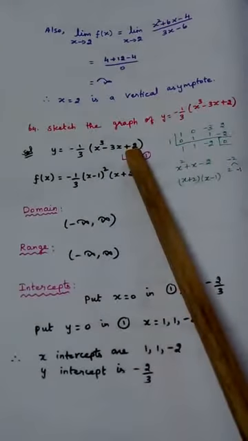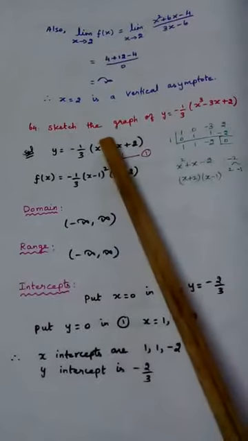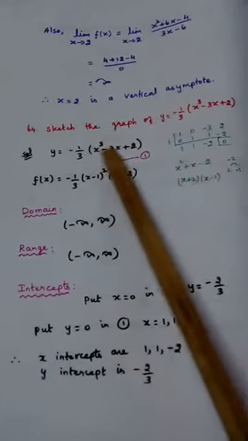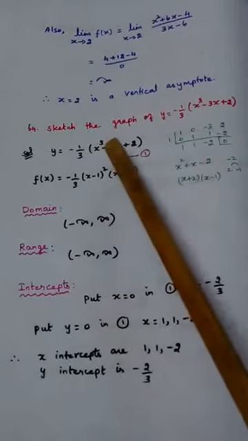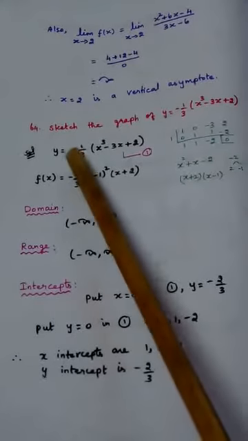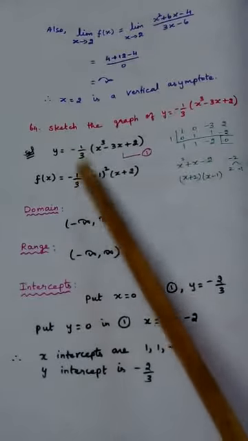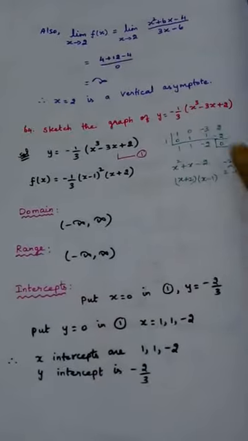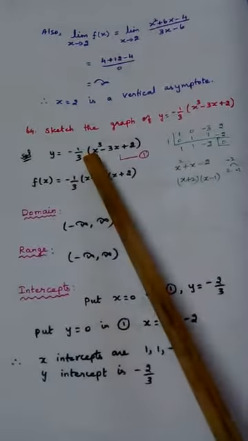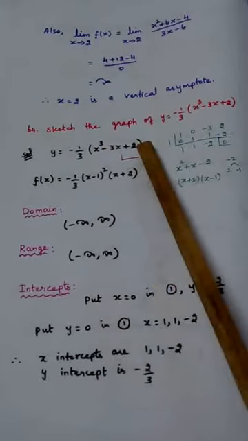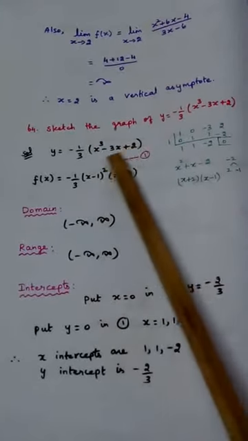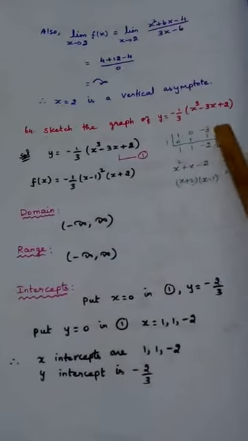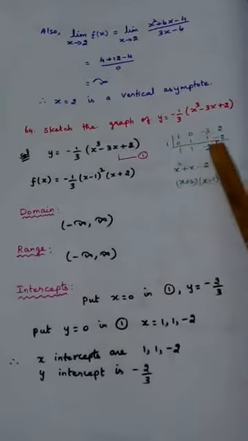Since a cubic equation is here, just for our better understanding we are factorizing this. Even if we don't factorize, you can keep it as it is. How to factorize? Just refer to the 10th standard method. Add the coefficients: 1 plus 2 is 3, 3 minus 3 is 0. So if the coefficients add to 0, 1 will definitely be a factor. Do the synthetic division and find the numbers.